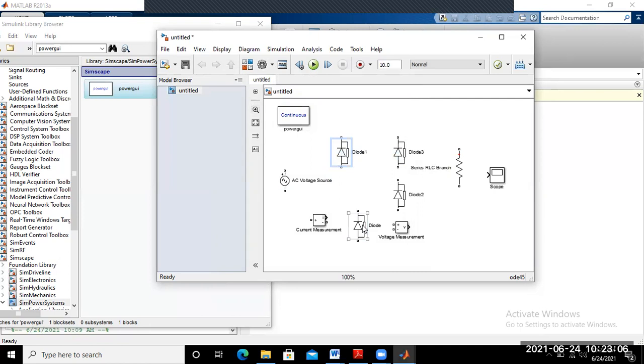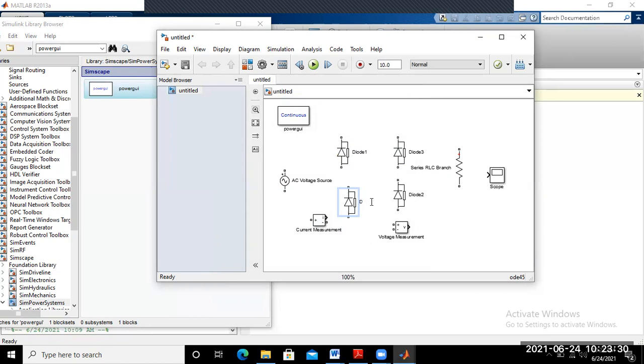Okay. So this is your 1, 3, 2, and this one is your 4. So this one will be diode 4.